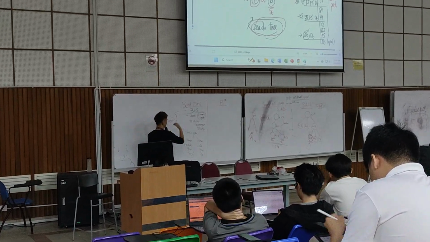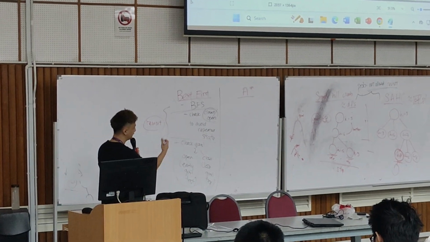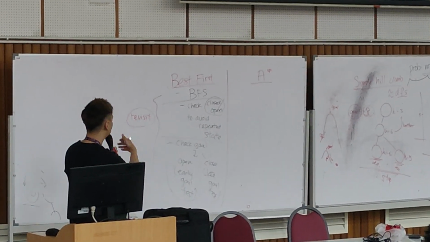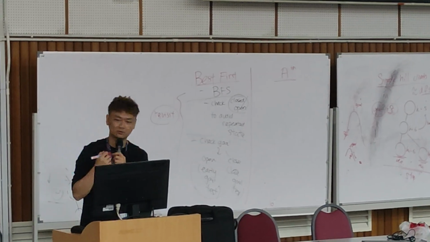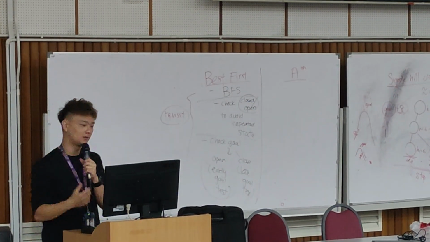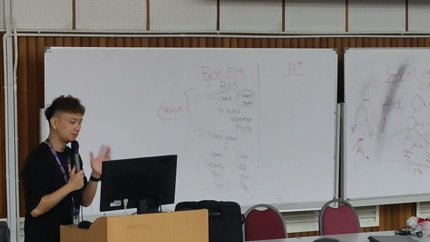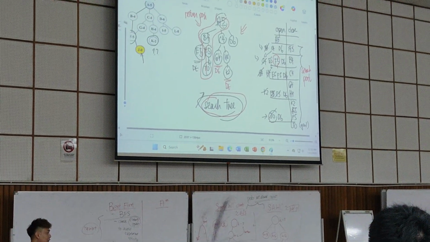That's the only difference between hill climb and best first. One does not allow the revisit. That's why you get stuck. Then someone improved it, so you're allowed to do revisit. That's it, as simple as that. Don't complicate the case. One is allowed to revisit, one is not allowed to revisit. So this is all about best first search. Alright, so let's move on to the